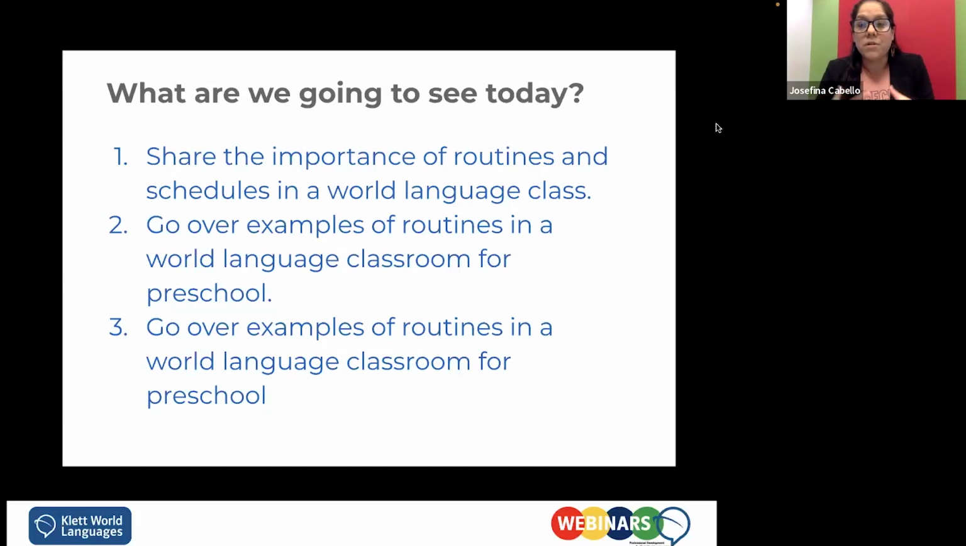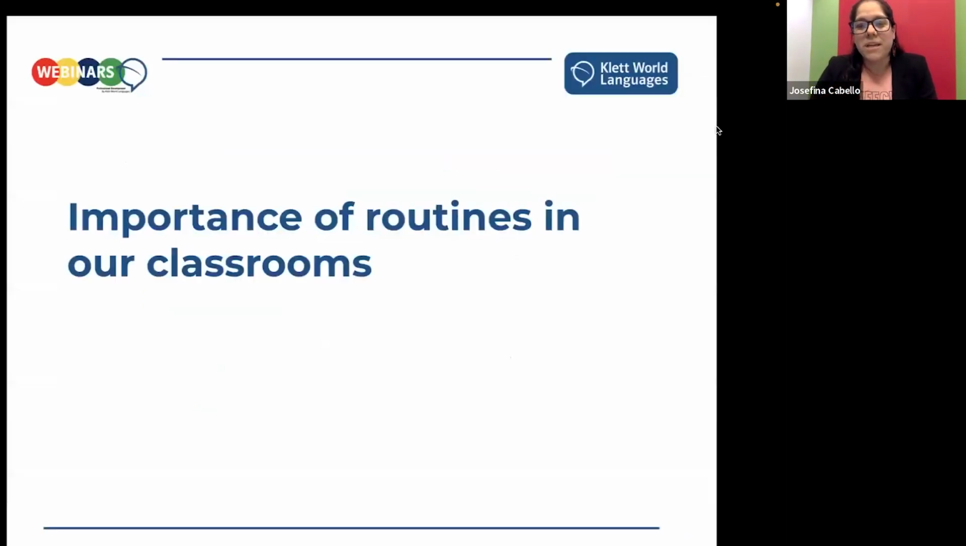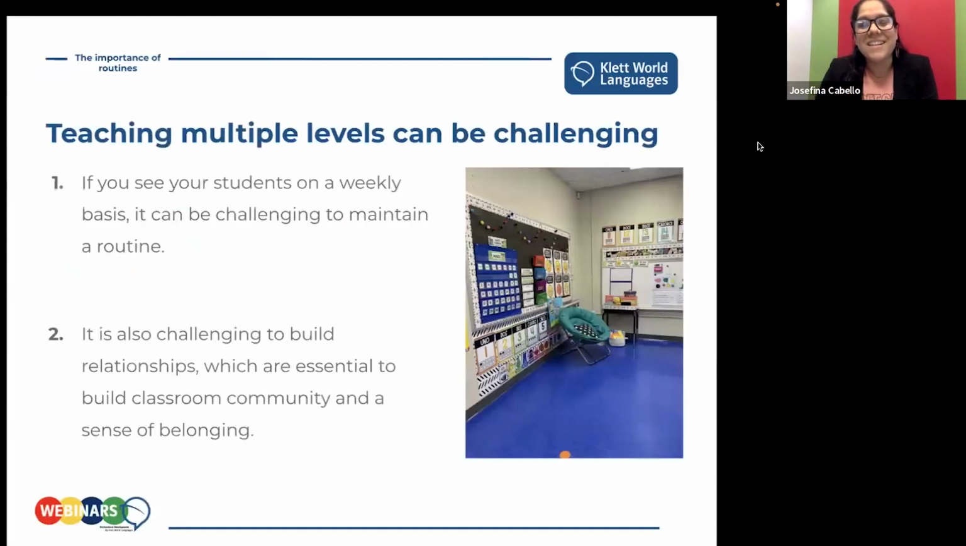And first of all, we are going to see why it is important to have a routine. Why is it important to have a schedule? If we can go to the next slide, we can talk a little bit about the importance of routines in our classrooms. Why is it important for us as educators to have routines, to have a schedule, to have procedures? So if we can go to the next slide,